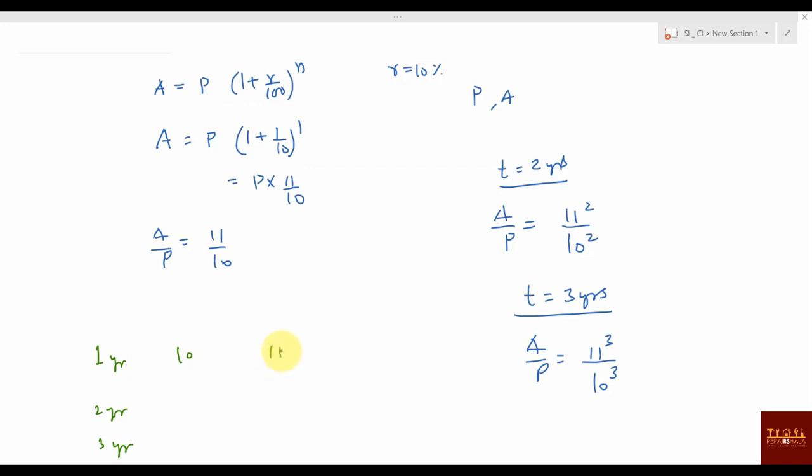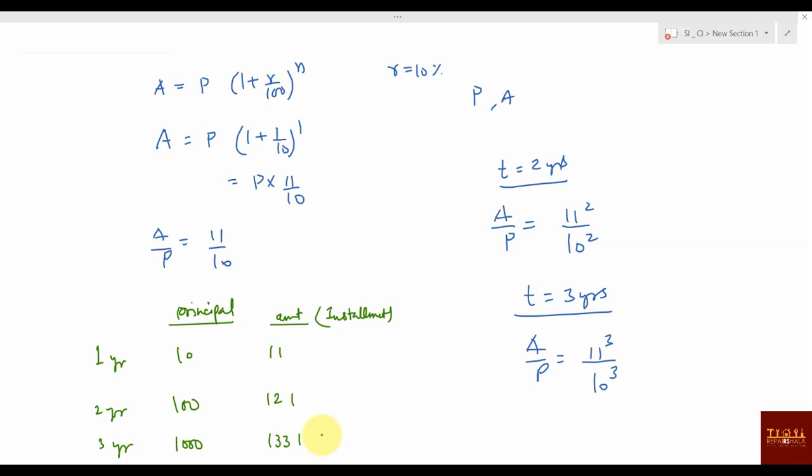10 will become 11. This will be your principal and this value will be your amount. And this amount only you need to pay, right? Whether you will be paying principal? No. What you will be paying? You will be paying amount and that is only your installment. You can take single L or double L in installment, no issue. So in 1 year it will become 10 to 11, and in 2 years it will become 100 to 121. In 3 years it will become 1000 to 1331. What is this? 10 is 11, 10 square, 11 square, 10 cube, 11 cube.